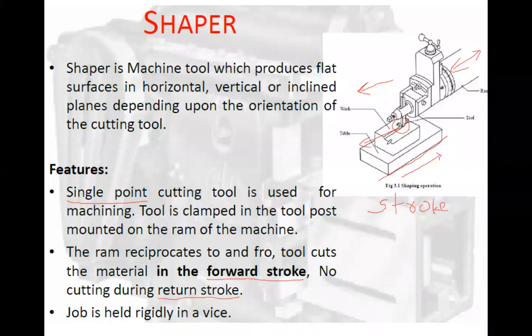And the job is held on the table. As in previous machines also, you see a work table, or maybe a bed. If it is a big machine, maybe you can mount the workpiece directly on the bed. On the work table, you keep the workpiece and hold it properly. In what is shown, maybe the work holding devices are not shown, but there will always be work holding devices, whether it's a vise, a clamp, or some attachment. This workpiece has to be held on the table.